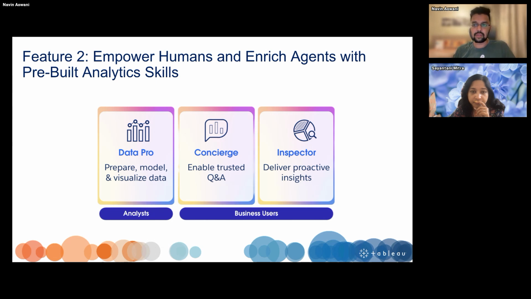This means the business user will always be kept informed with relevant insights, automatically delivered to them. So together, these pre-built analytics ensure that everyone from analyst to business user can work smarter, make better decisions, and get the most value out of the organization's data.